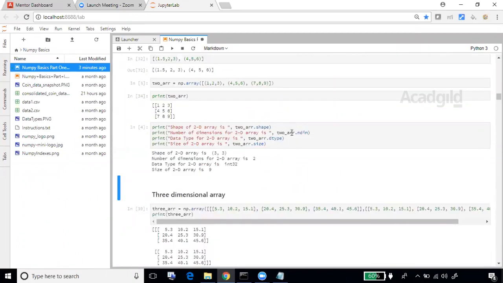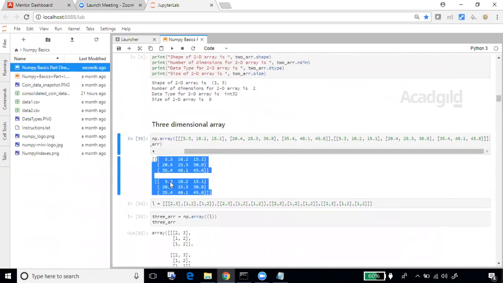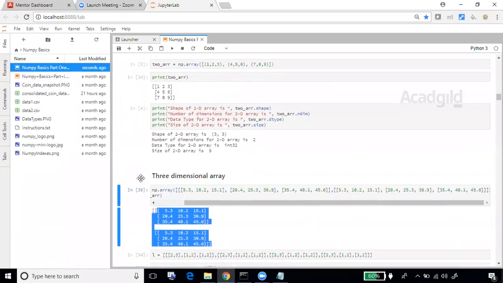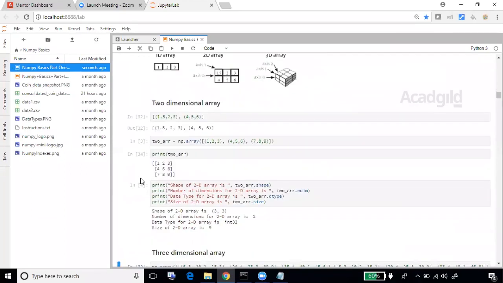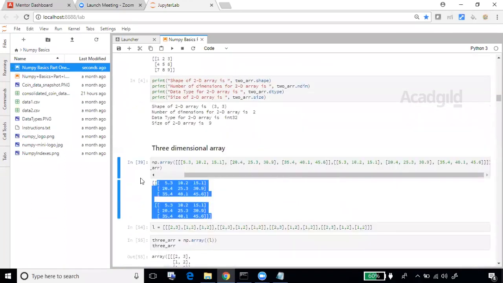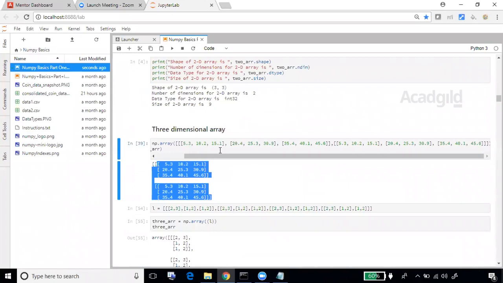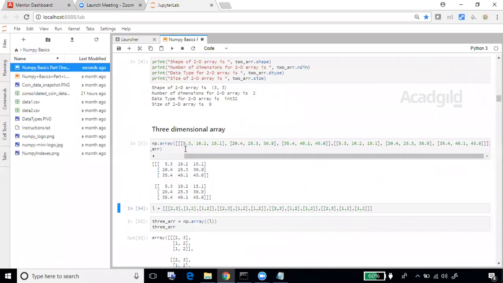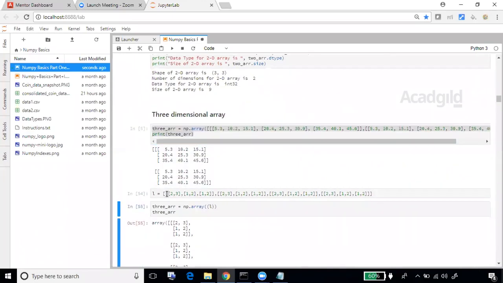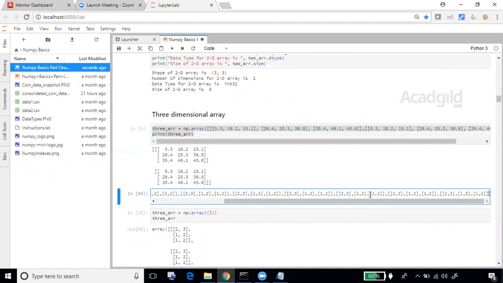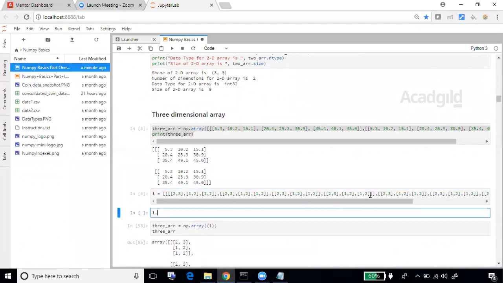We saw how the shape, dimensions, data type and size define a 4-dimensional structure. Let us do that. I'll create one structure where we'll have 4 dimensions. Let us do it in this. Okay, so just define it. What I'm going to do is copy-paste this whole second dimension to here, and now I'll do